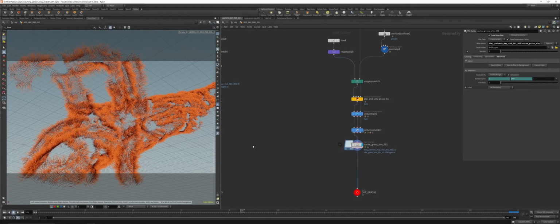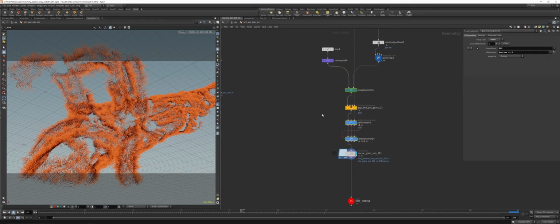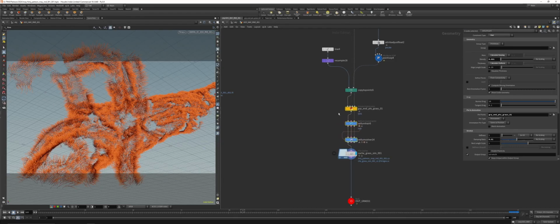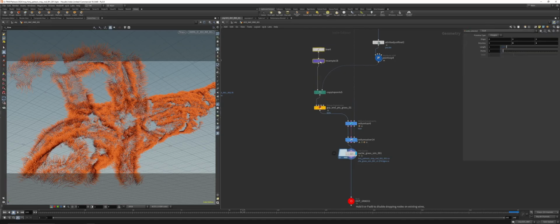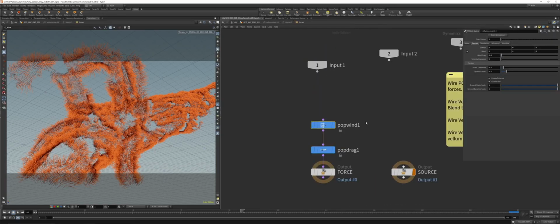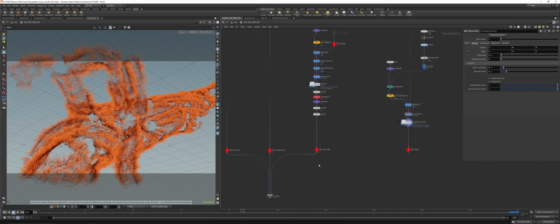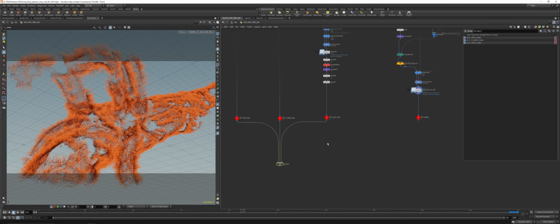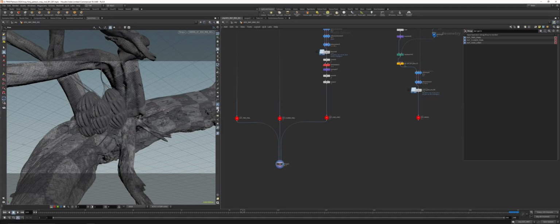To the next part. What I want to do here now is I cached it out and I did a few more things to it. So I actually changed the swirl size a little bit. I made it a little bit higher. So it's now 1.5 to get a little bit nicer overall movement. And that's basically it. So now we can get all of this juiciness, 3D juiciness together